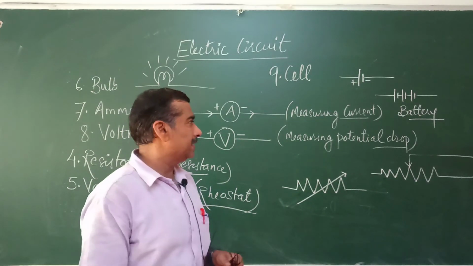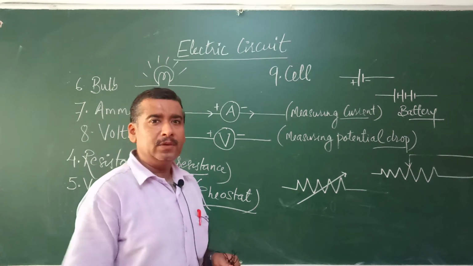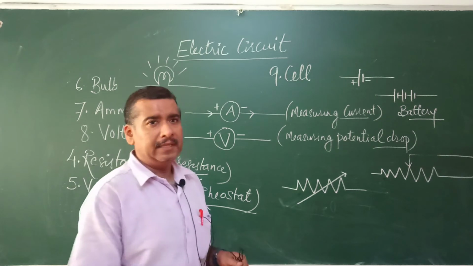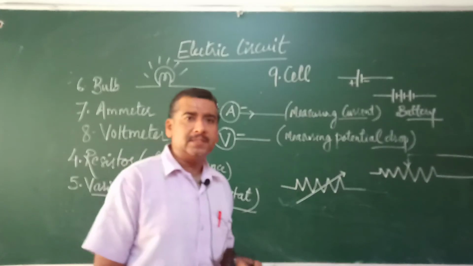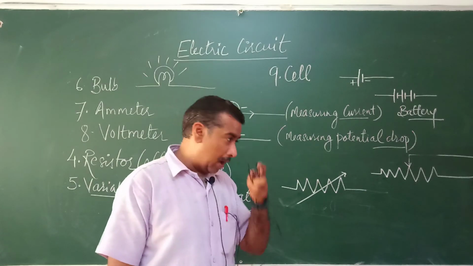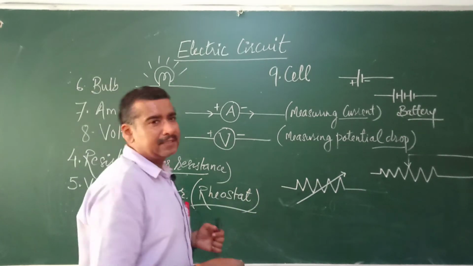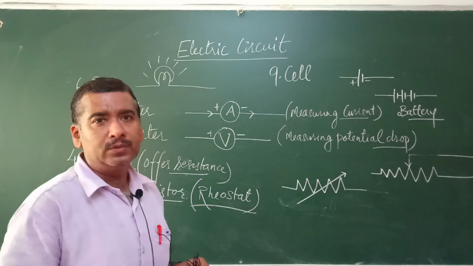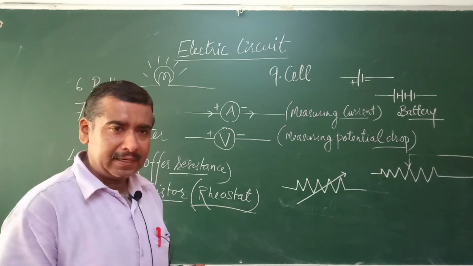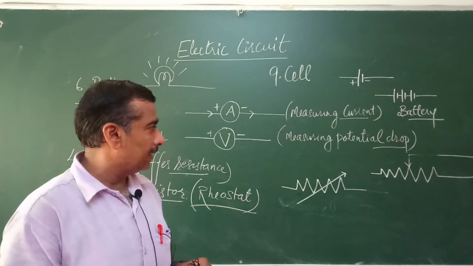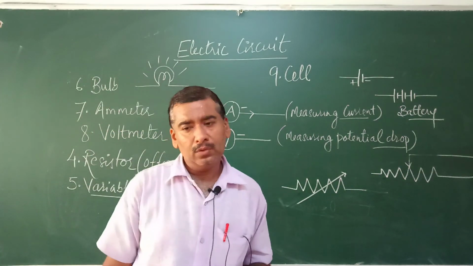So these are some basic components of electrical circuits which we will be using in the topics which are going to come, like combination of resistors, electrical power. So all these we will use in electrical circuits, and these are the basic symbols of the components which we will be using. Thank you. I think that you have understood what are electrical circuits, what are the basic components of electrical circuits, and their functions and their symbols. Thank you very much.